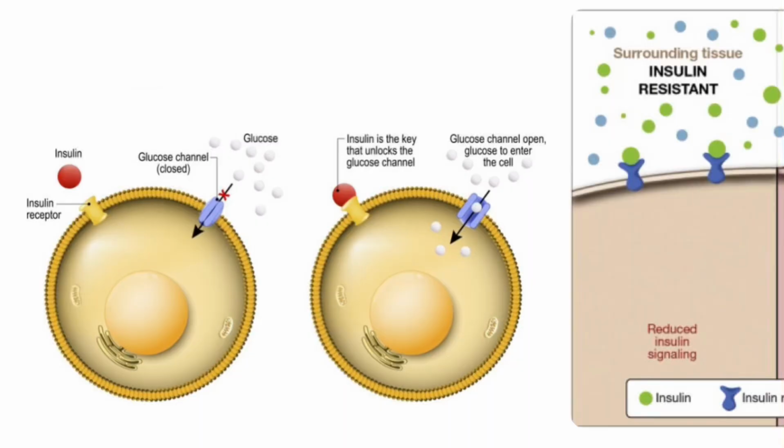In healthy individuals, insulin, a hormone produced by our pancreas, acts like a key, allowing cells to enter and be used for energy. However, in type 2 diabetes, cells become more resistant to insulin. This means glucose stays in the bloodstream, leading to elevated blood sugar levels. This chronic hyperglycemia can damage blood vessels, nerves, and organs over time.